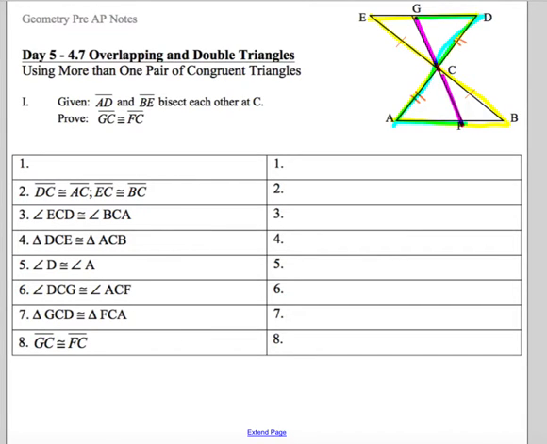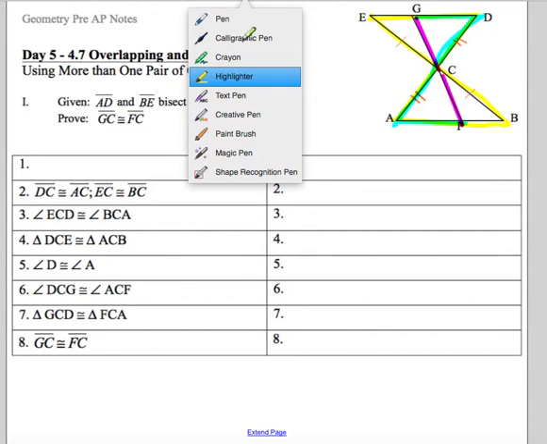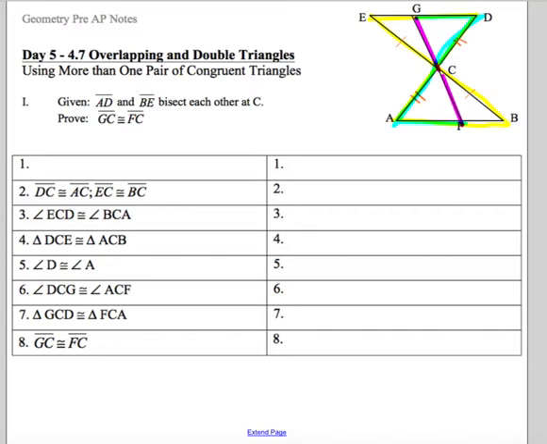Notice that no matter what triangles we're using, we can use vertical angles in the middle portion here. So you're going to see those vertical angles multiple times in this proof. And so let's get started. So I'm just going to do one proof in a video for these 2 proofs because these are quite long. So the first thing was that AD and BE bisect each other